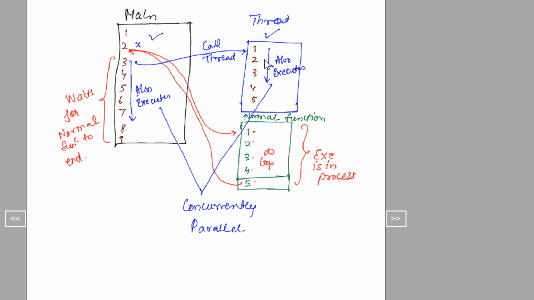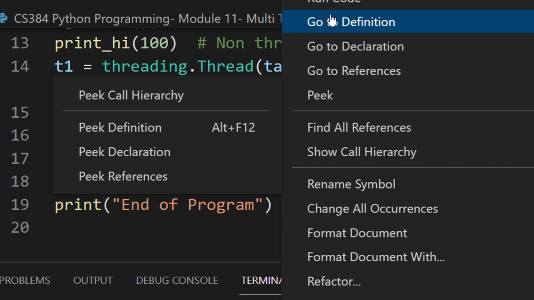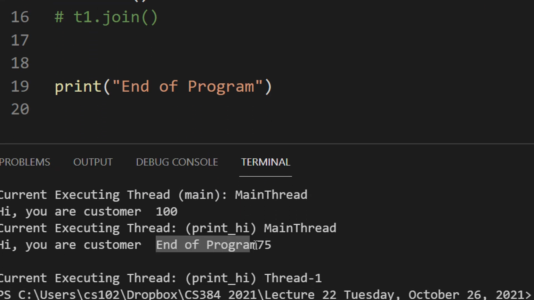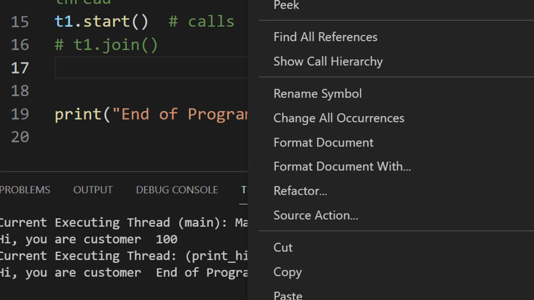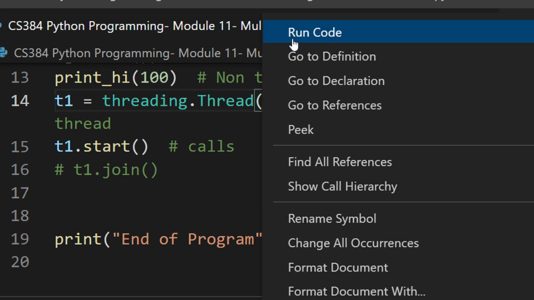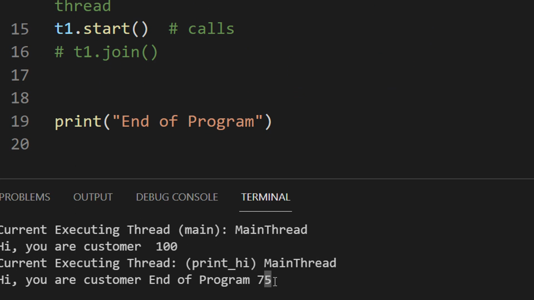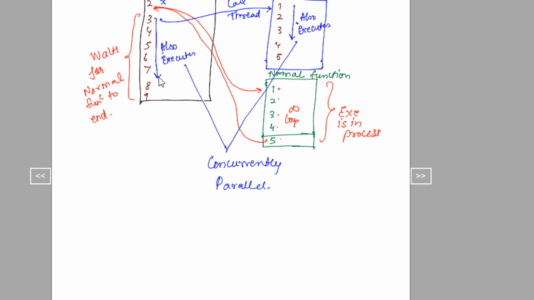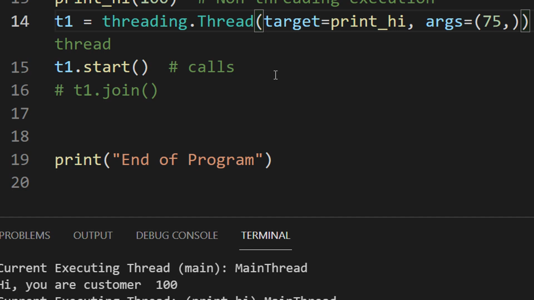It executes in parallel. So now you can see in this case, end of program and 75 has come here. If you execute it multiple times, at some point you may see that 75 may actually come here, because it's like a race, who wins first, because both are executing in parallel.